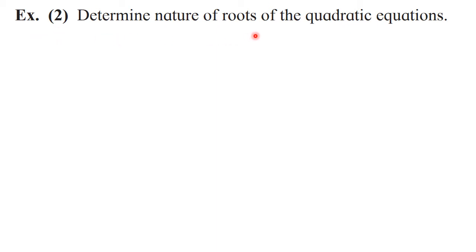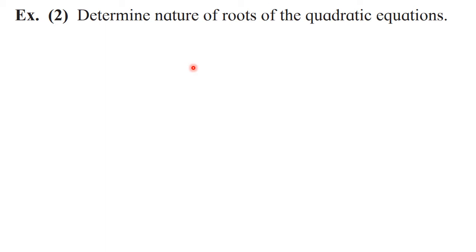Determine nature of roots of quadratic equation. Now see, nature is asked. Here discriminant is not asked, but still we need to find the discriminant. Why? Because we have studied just now that the discriminant decides the nature of the root. So here immediately the steps should be clear in your mind: write down the equation, compare it with the standard form, write the values of a, b, c, find discriminant, and then decide the nature by observing the discriminant. So these are the steps. After reading the question, these steps should be very much clear in your minds.